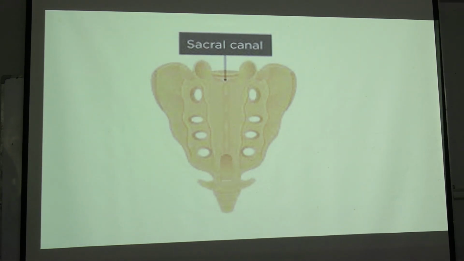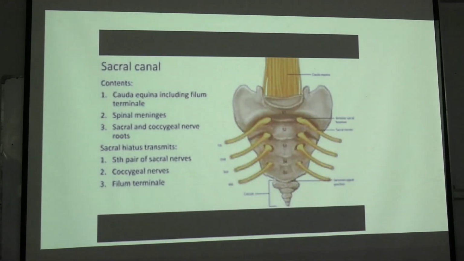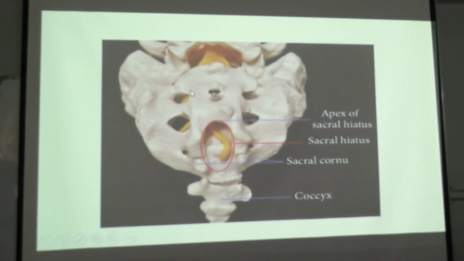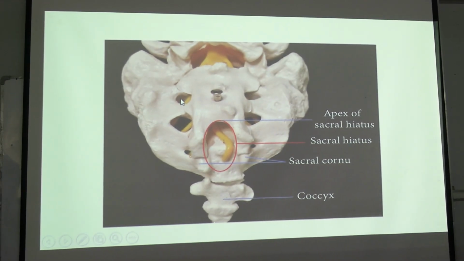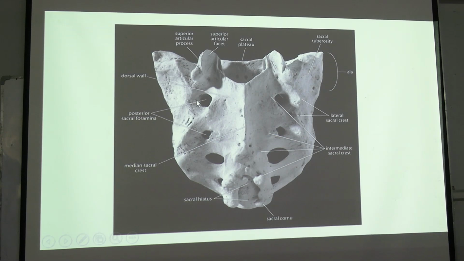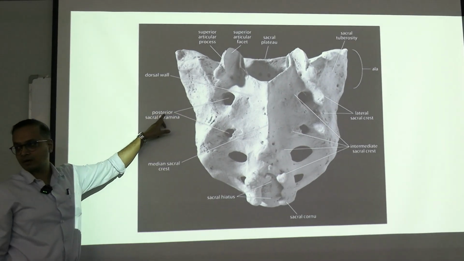The sacral nerves have two divisions, which we call ventral rami and dorsal rami. Some of the nerve fibers go on the anterior side, the anterior branch, and some on the posterior side. So through these foramina the nerves come out, known as sacral nerves. The sacral nerve has a ventral branch and a dorsal branch. The sacral nerve exiting through here we call the dorsal rami, and the anterior or ventral rami of the sacral nerve. So through the posterior sacral foramina, all of them exiting here are the dorsal rami of the sacral nerves,